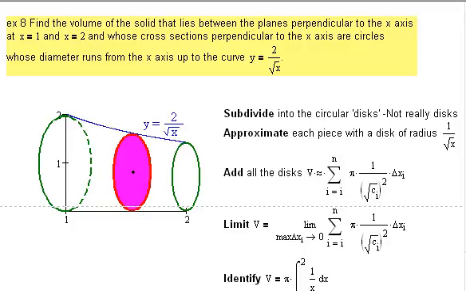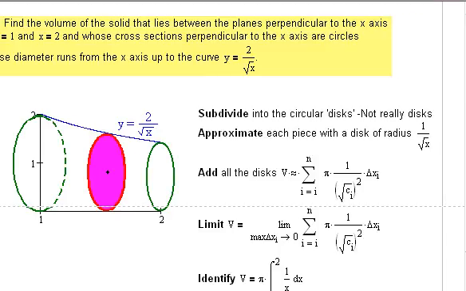Okay, subdivide. First we'll subdivide into the circular disks, although they're not really disks because the side is somewhat slanted. Approximate each piece with a disk of radius 1 divided by the square root of x. Now that's interesting. Why do I say the radius of that disk is 1 divided by the square root of x? And the answer is